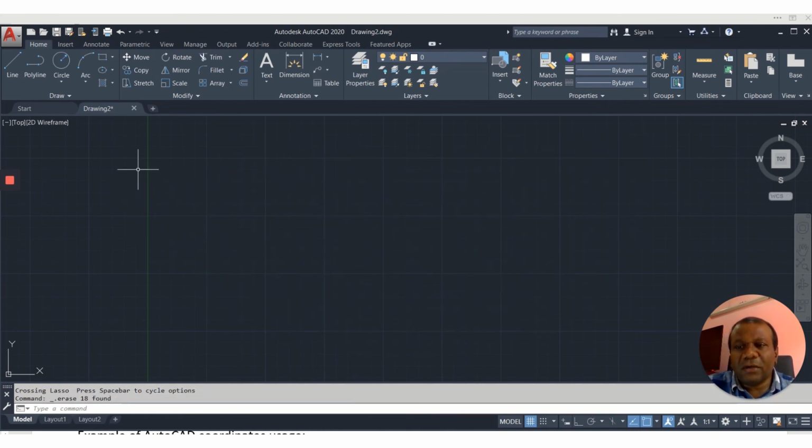So you try the three coordinate systems, and just try switching dynamic input on and off. Right, and another tool I will mention besides dynamic input is the ortho mode. The shortcut key is F8. You can press it here. Once it's on, see, it's highlighted in light blue. Off, on, off.